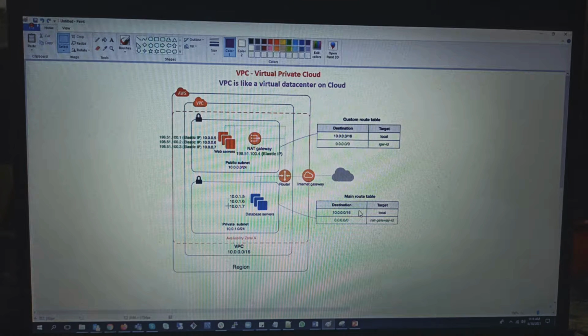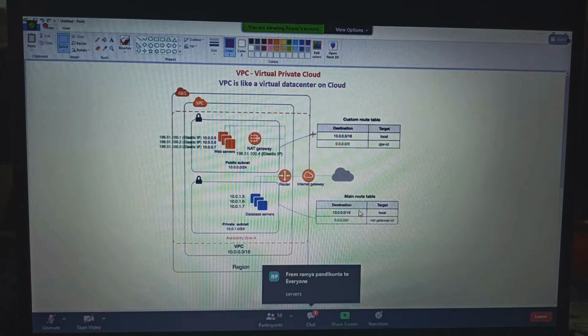I see public subnet, private subnets, VPCs, and routers. Just put all those things in one liner. I cannot read one by one. Please put it all.